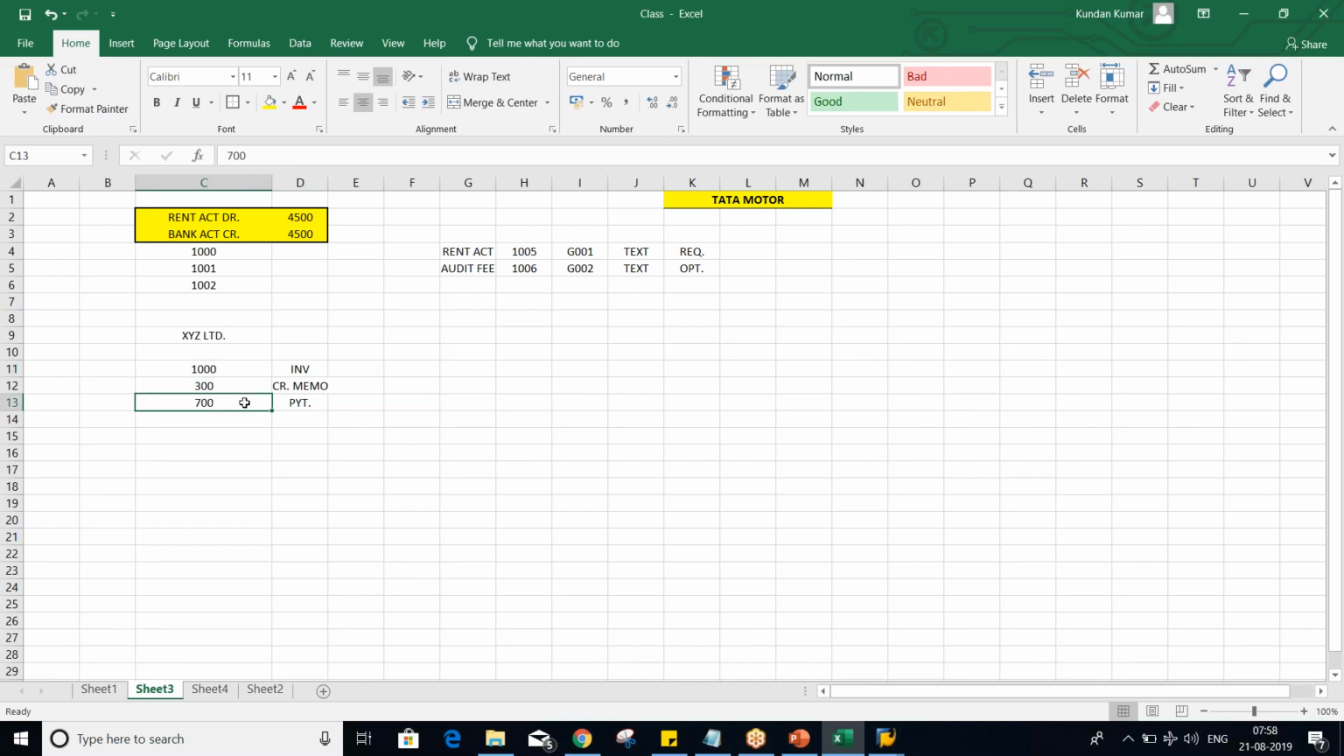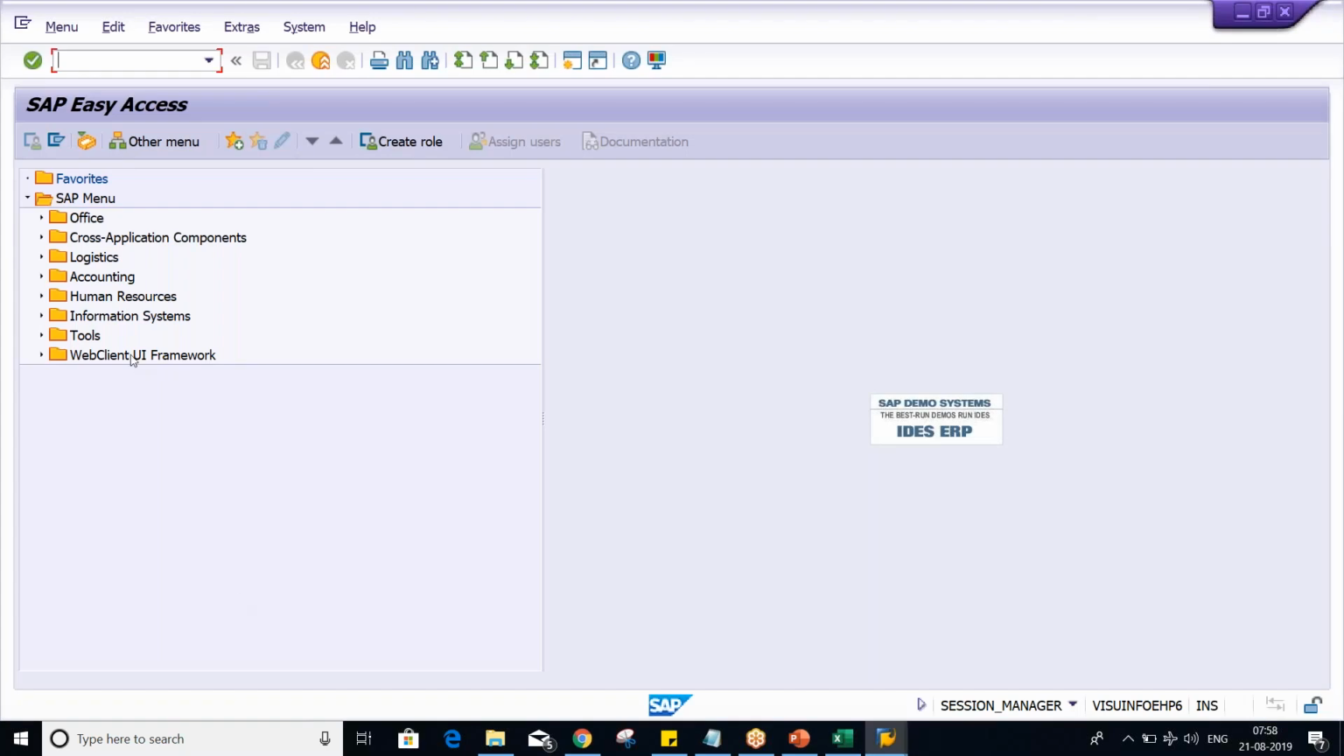And finally, what is happening, guys? The payment worth 700 we are going to make. So now these all three are different transactions. If you look at the report, with the amounts alone it is impossible to determine which one is an invoice, which one is the credit memo, which one is the payment. So I'll tell you, guys, whenever we post a transaction,